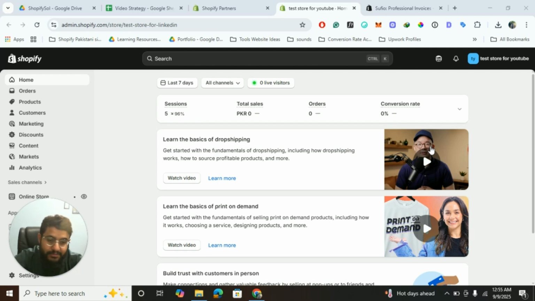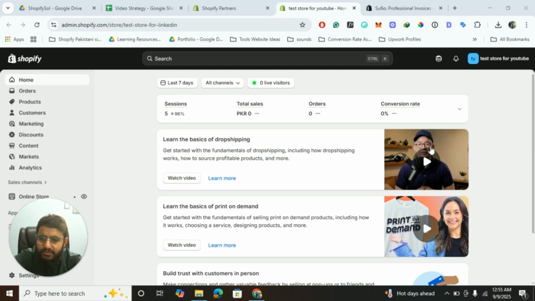And I hope if you're watching this video in 2026 or 27 or later on, this app will still be valid, because this is one of the most professional apps. And why I'm calling it a professional app is because you can easily edit the invoice according to your branding. That's the best part, and this app is relatively cheaper according to the functionalities, and I will show you how you can use it.